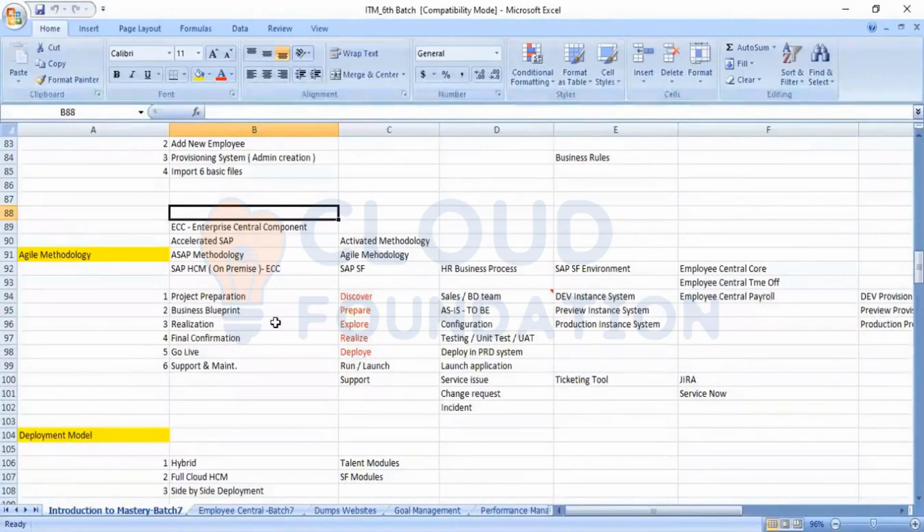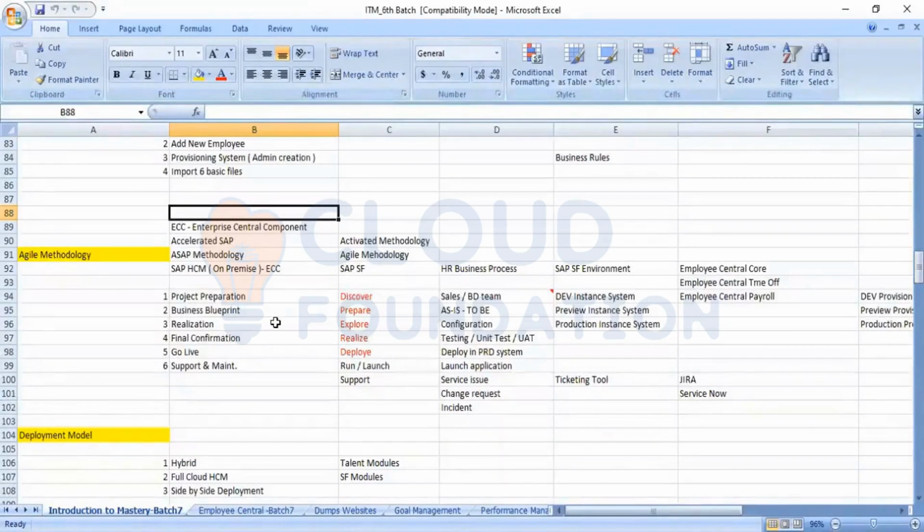Under ECC, you have a technical as well as a functional side. In terms of the functional side, there are sales and distribution, material management, finance, project systems, and so on. There are various functional modules coming under ECC, which is also called on-premises. Coming to HR, because we are mainly discussing HR, in ECC on the functional side we call it SAP HR, or SAP HCM.